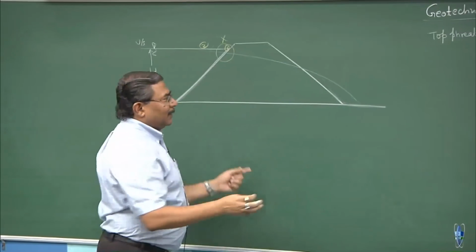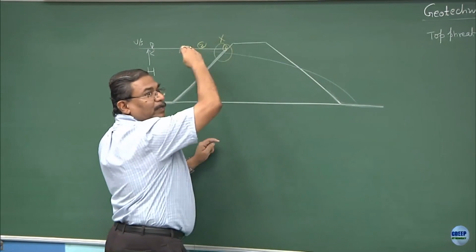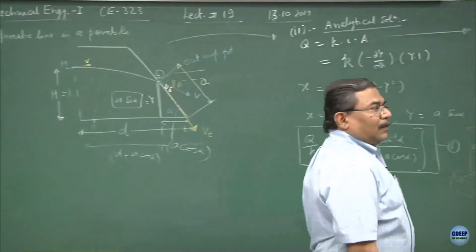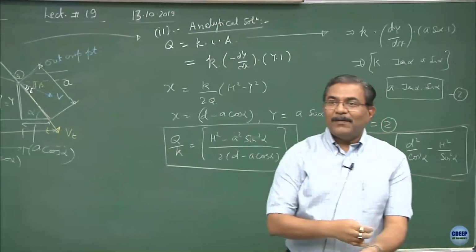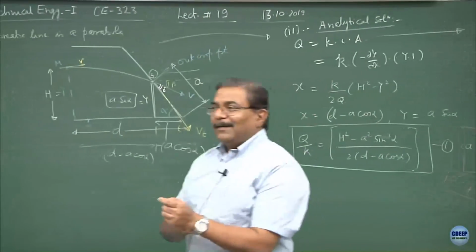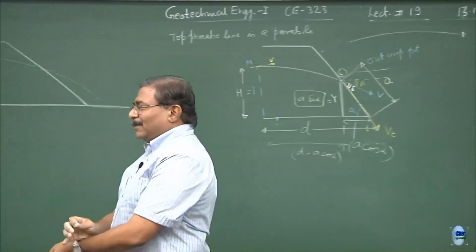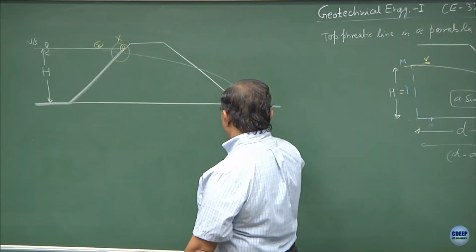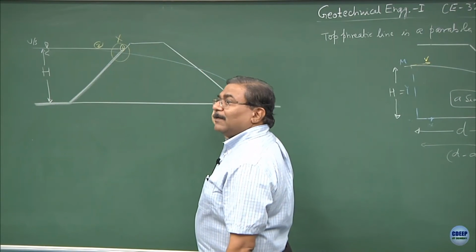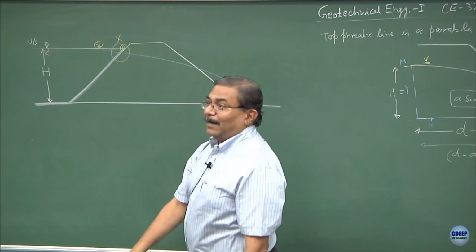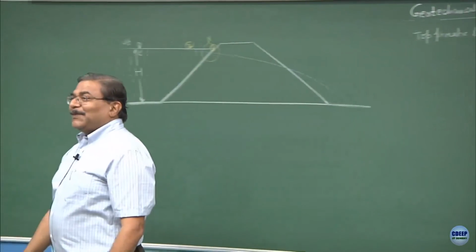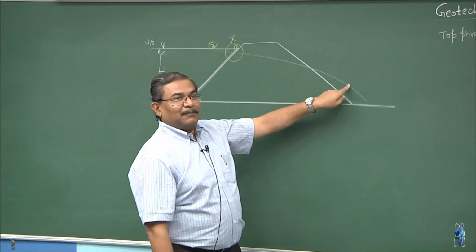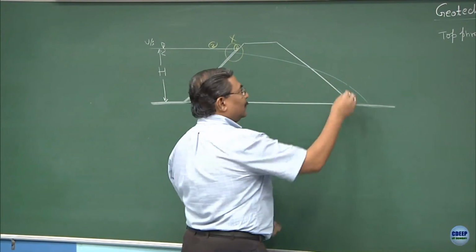Come out of that discussion, that I have now said that there is some problem over here. Now, what is the other problem, major problem? What I have drawn here is a top flow line. Is there some problem with that? Look at where the top flow or the phreatic line is going. It should have been in the porous media. Imagine you are drawing a top flow line which is going outside the porous media. That means this is also, there is a problem.